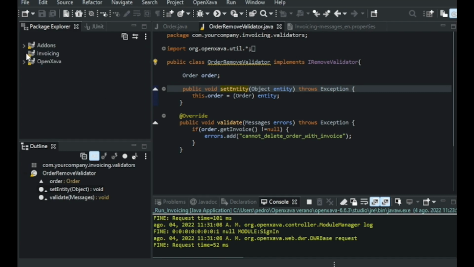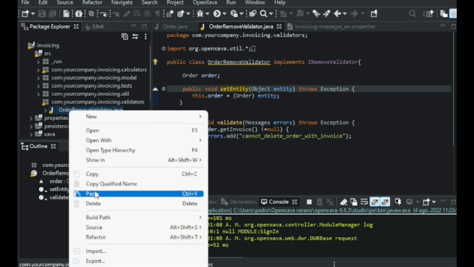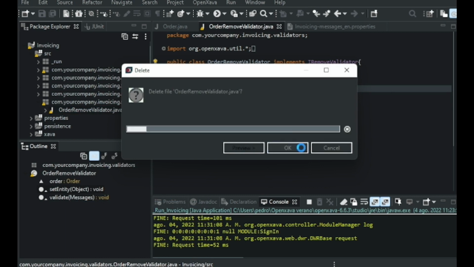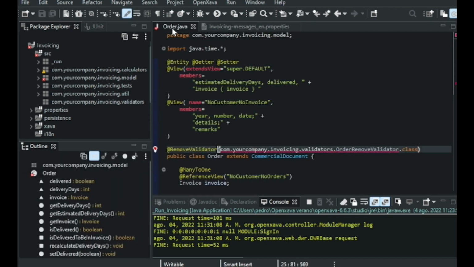So we're going to go to invoicing, src, the validators package, and we're going to right-click, delete, okay, and here on the Order class, we're going to remove the following line above Order. So we remove it, we save, and done. And now we have just removed the validation.